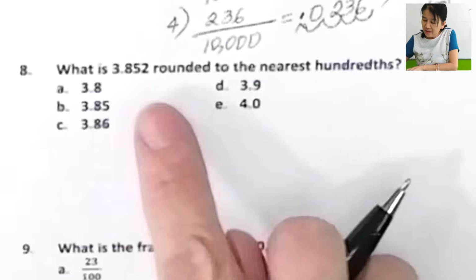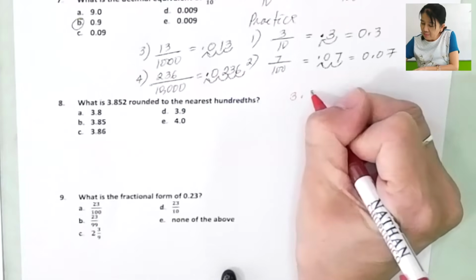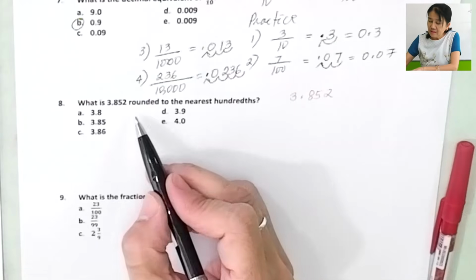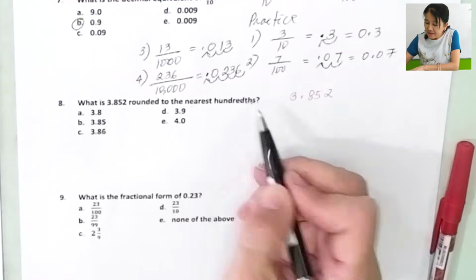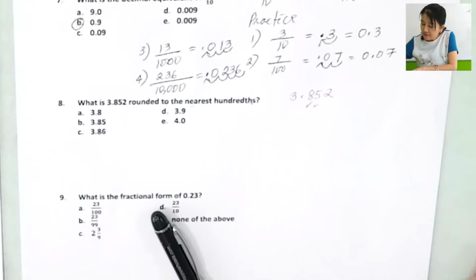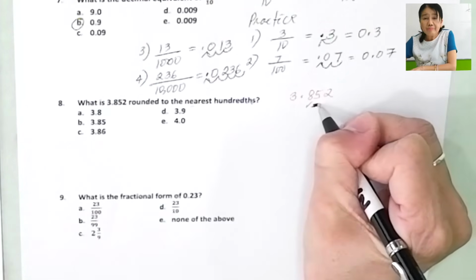Next, problem number 8. What is 3.852 rounded to the nearest hundredths? Okay, this is what you do. You copy the number 3.852. Now, it says here rounded to the nearest hundredth, so I identify that. This is the hundredths place. So, this is the one that you should be